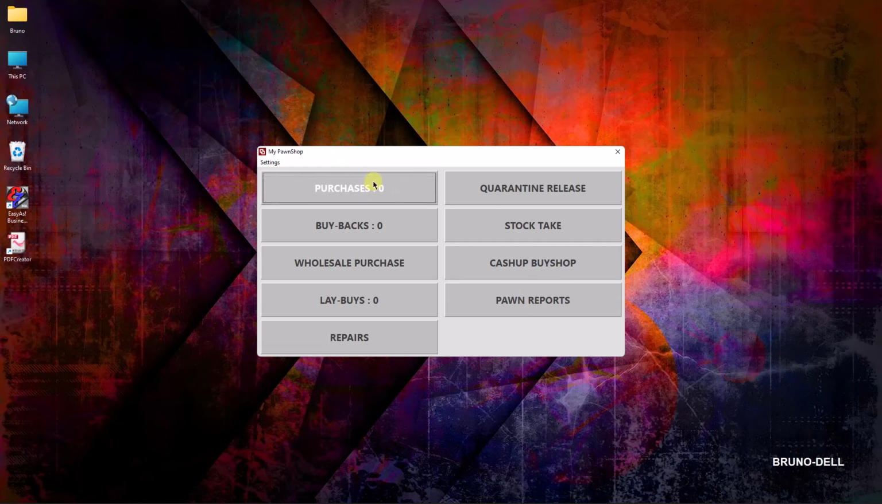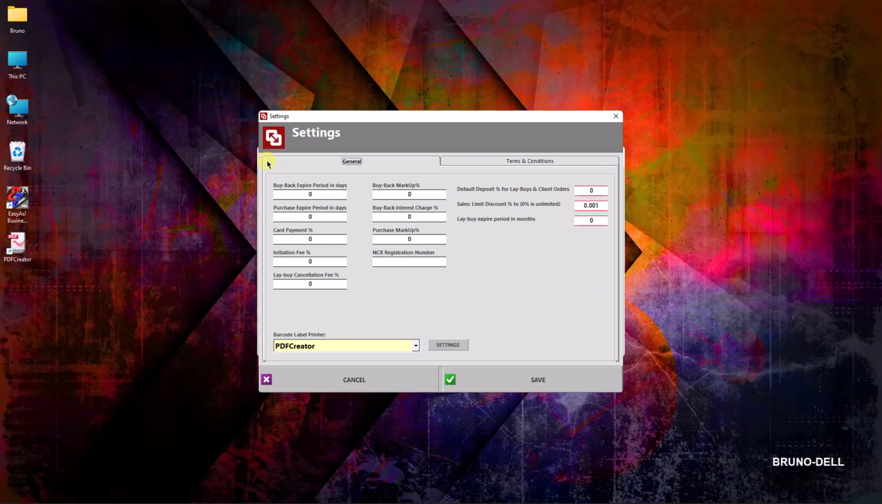Okay, let's just first start with settings. So on the top left, you'll see a little settings tab there. You click on settings. So here you can set, for example, your buyback expire date. So your buyback expire would essentially be 28 days normally, or 30 days. Purchase expire would be 7 days. So you've got to keep the item in store for 7 days. Card percentage payment, if you want to add a percentage for paying by card. Initiation fee will be, as the name says, initiation fee above and beyond the item that you're purchasing from the